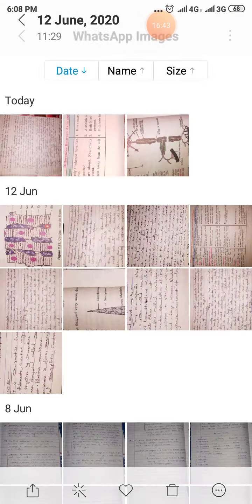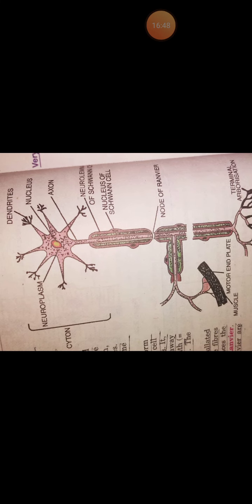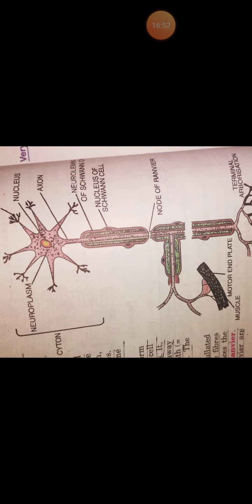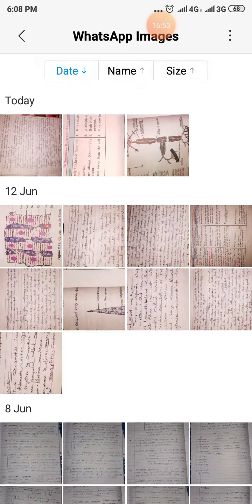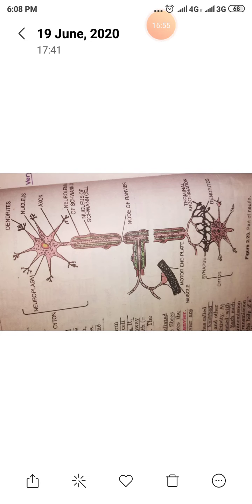Now we learn, I think you understand the neuron. That is the diagram of a neuron. Here you see in that structure the cyton, dendrites, and axon. Now how can they attach to the next one? Okay, now we complete that structure.